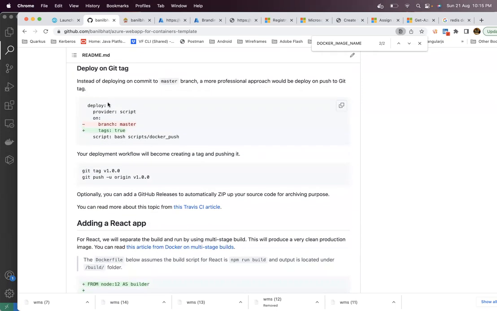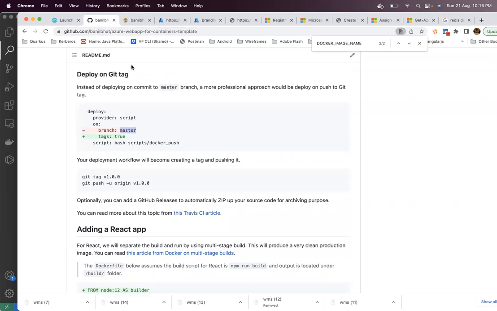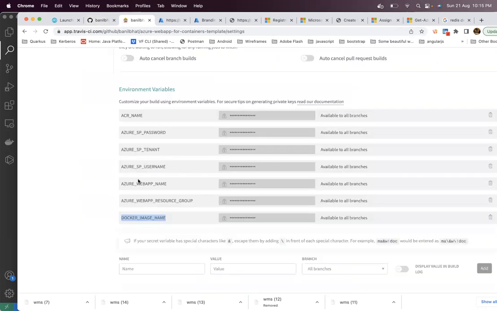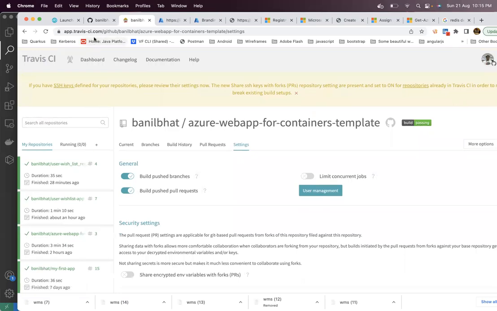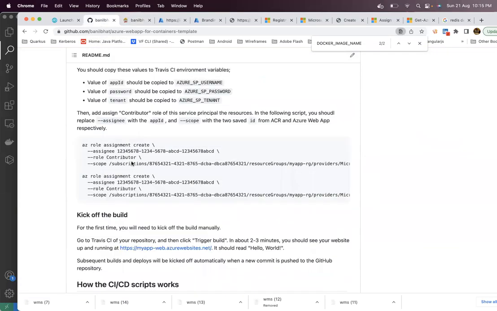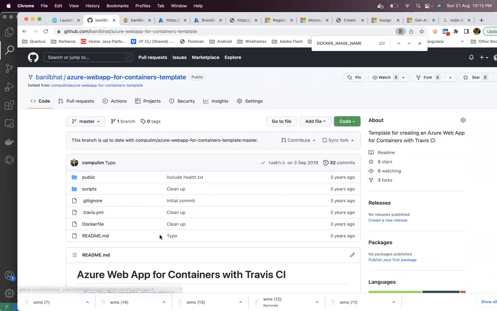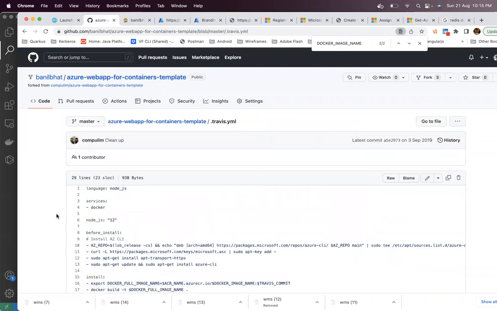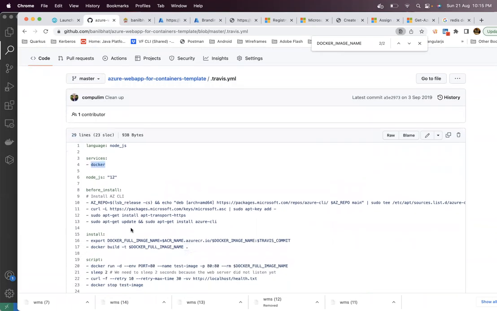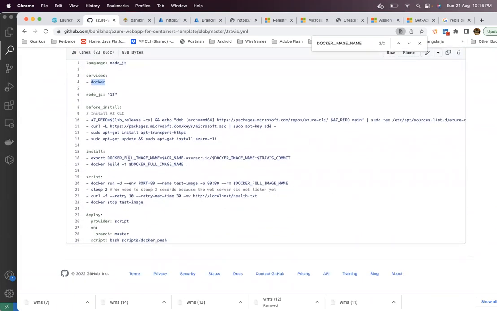So you have already configured the Travis YML. The Travis YML is already configured, which you can actually verify. You have to follow the same steps. So just make sure that you have the provider configured correctly. Let's open the Travis YAML. You are saying that you are deploying a Docker kind of service, and all the environment variables that you have already filled, like